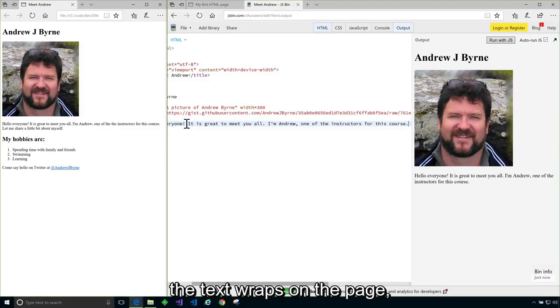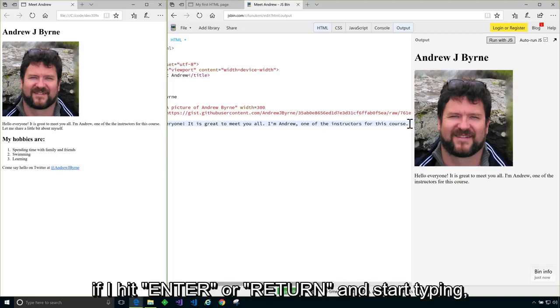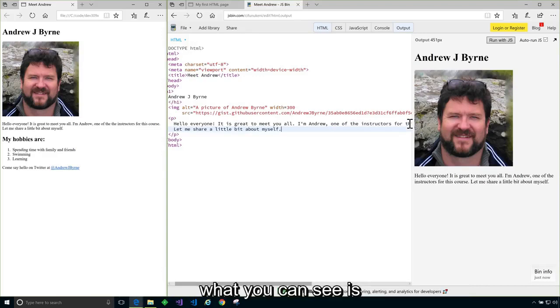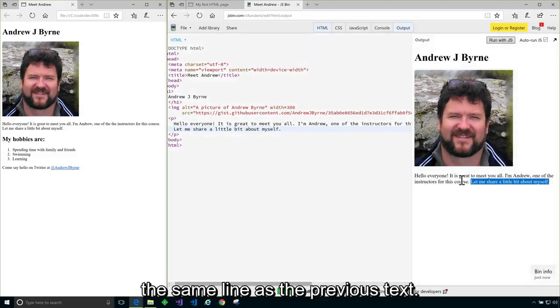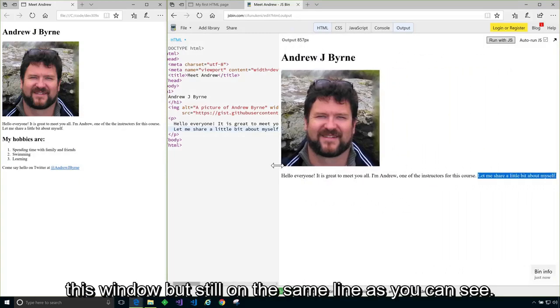As you can see, the text wraps on the page, but if I want to add an actual new line, you think I might need to just simply hit enter and start typing. So let's try to add some more text. If I go into my HTML and at the end of this line I hit enter or return and start typing, what you can see is that the new line wasn't recognized in the output. It's still in the same line as the previous text. It's just wrapped on this page because of the size of this window, but it's still on the same line,